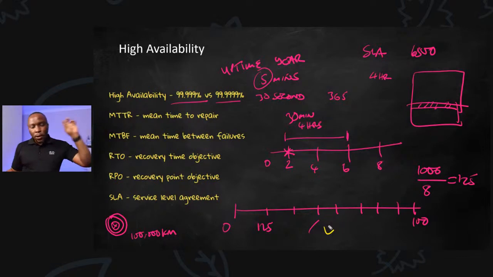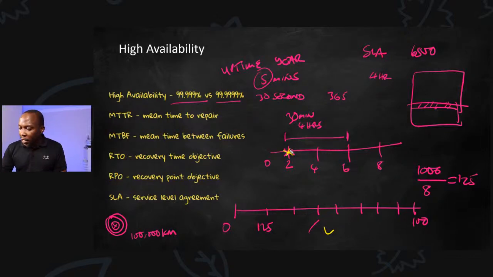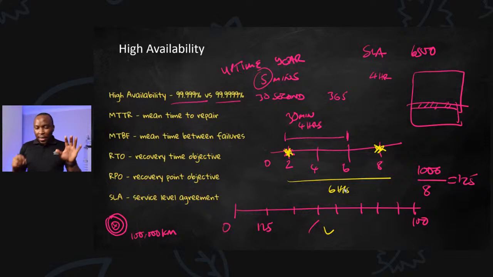make it clear. So RTO is the maximum time to restore critical functions following a disruptive event. So RTO and mean time to repair are almost similar. So if an outage happened at this point and we repair it at this point, it means between here, there are 6 hours. So the recovery time objective, and this, once again, is agreed by the business when the system